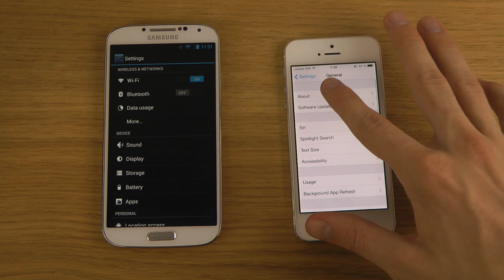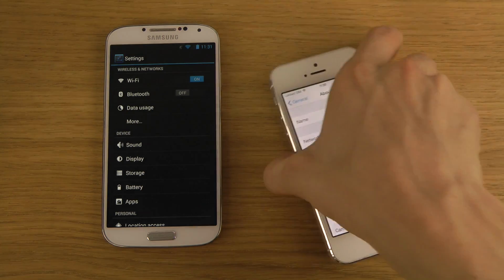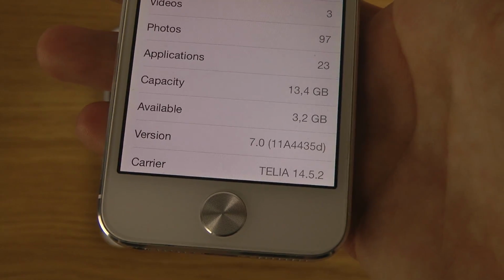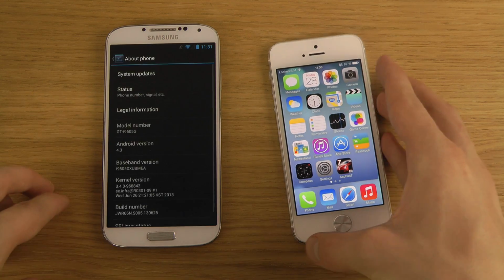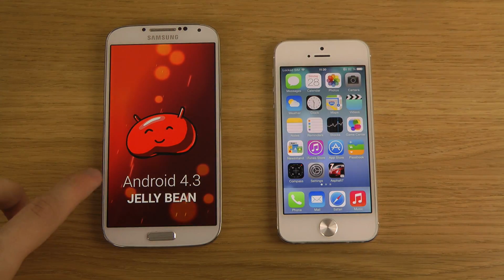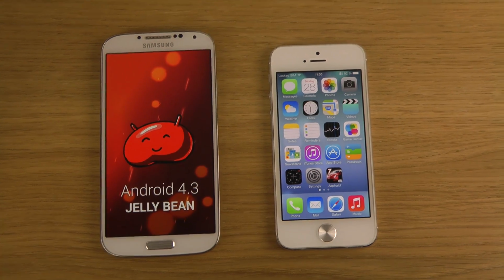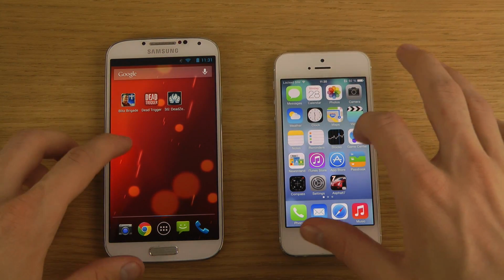So you just go in here about 11A4435D, and down here the Google edition here, of course, which is pretty nice. So I'll be trying out a few new games here that I usually don't try, and